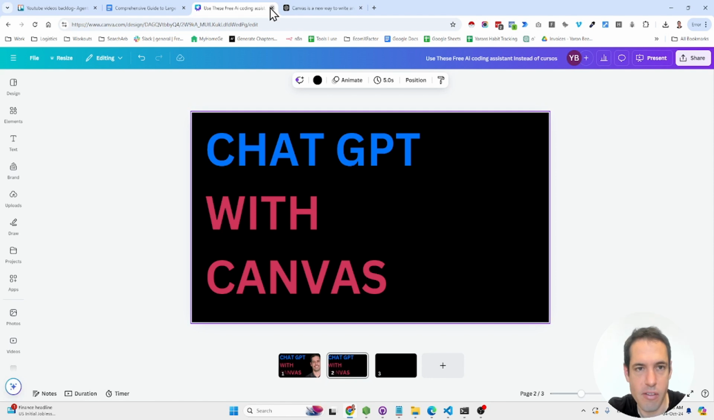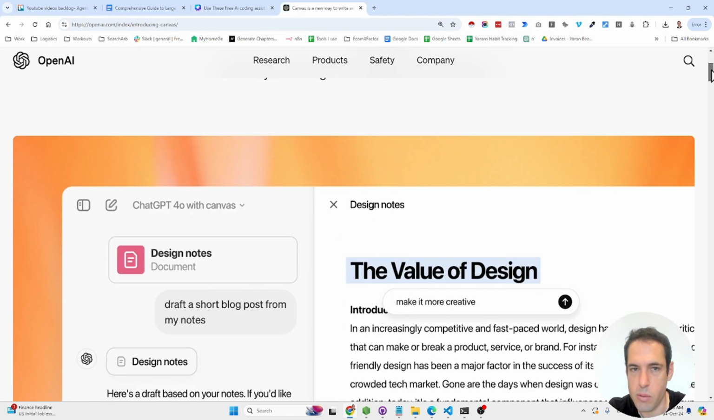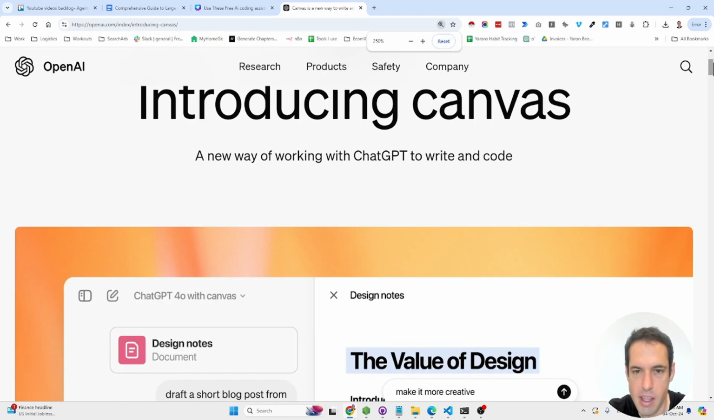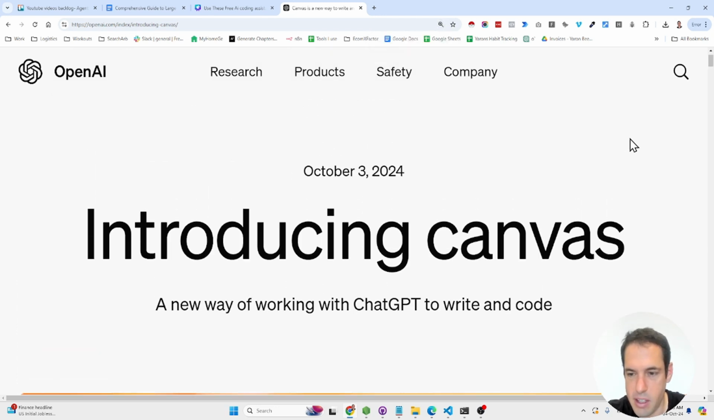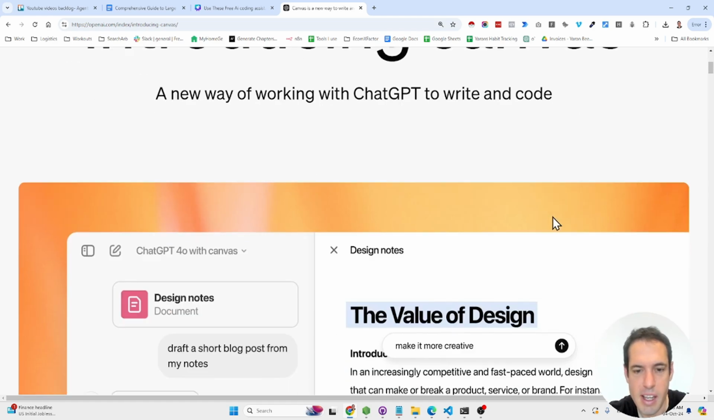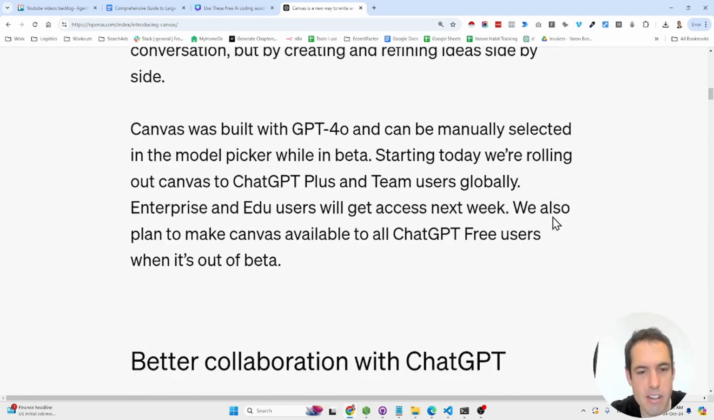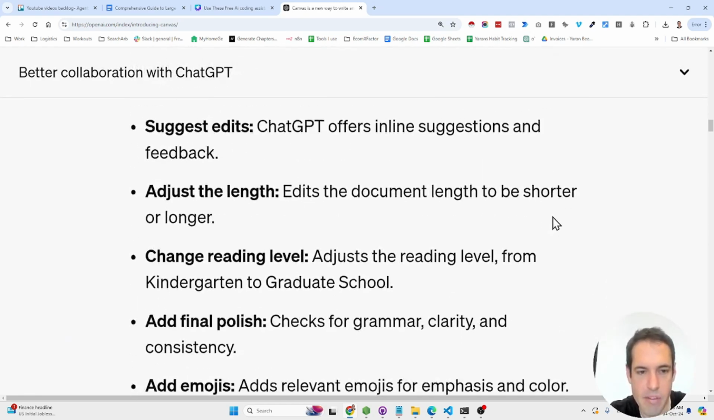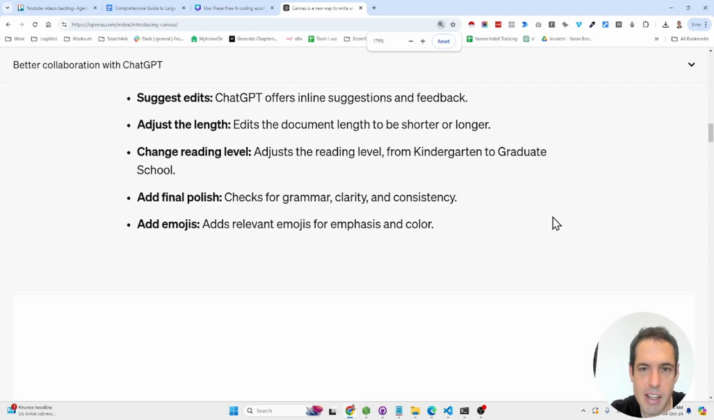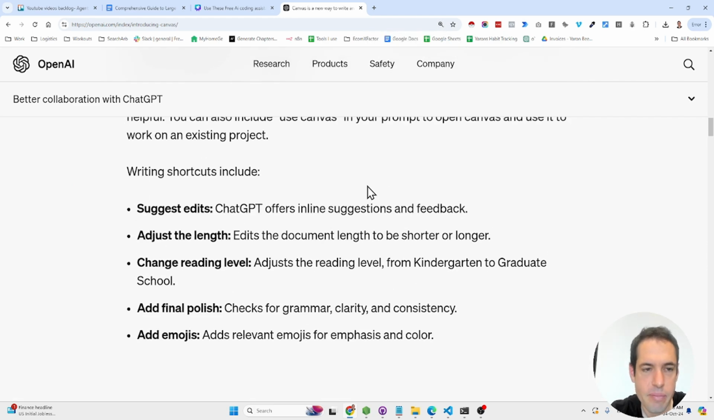So let's get started. First of all, we have this blog post which was released by the OpenAI team. It was released on the 3rd of October, which is basically yesterday. I'm recording this video on the 4th of October. Let's get started. The main features are the fact that it looks a bit like Claude artifacts, and it's